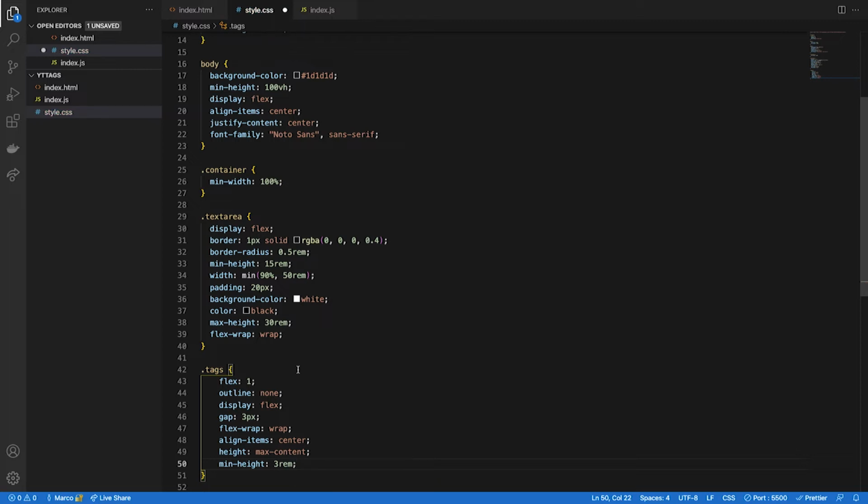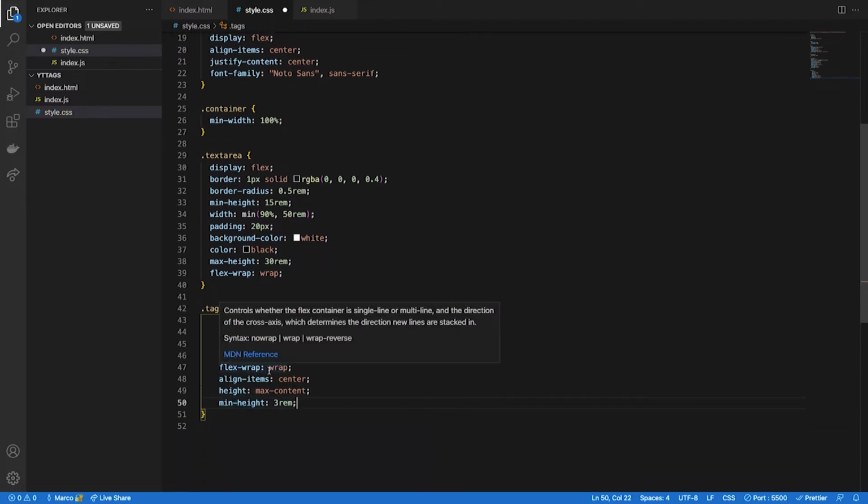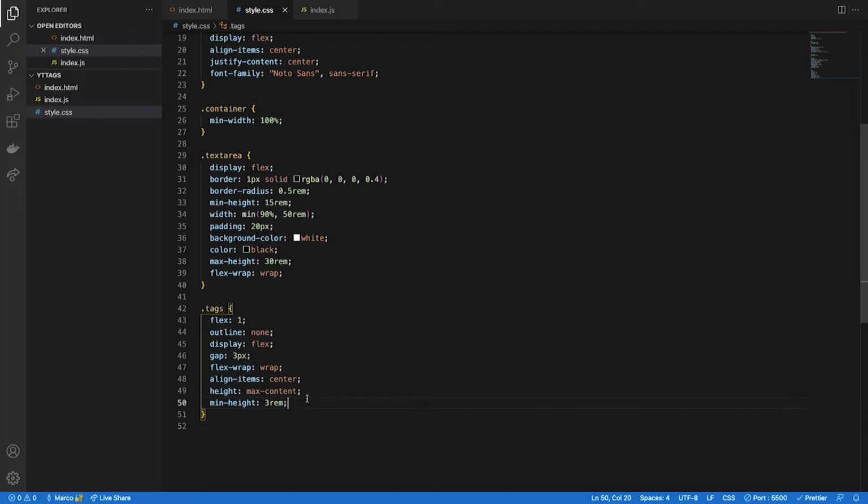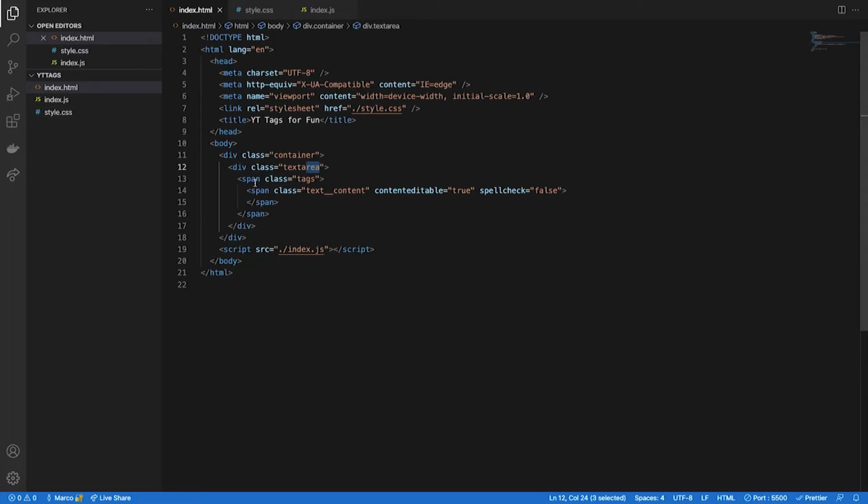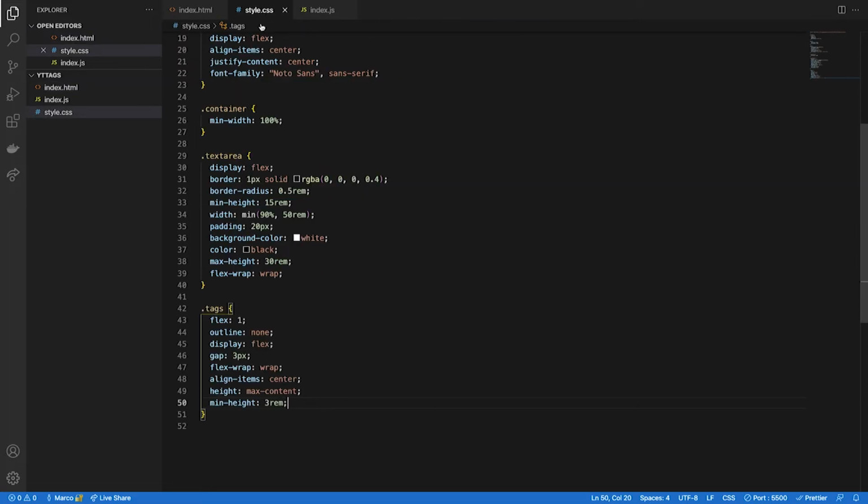And this is quite important because if I don't, at first there is nothing inside. So this div would have a height of 0 and I cannot select it. And that's not really what I want, because I want to be able to get to this pen over here, which is a content editable of true. And if I cannot see it, the height is 0, I will not be able to select it. So this is what I was talking about, the weird combination of CSS. You need to have a min height of 3 rem or even 4 or 5 rem, whatever you want. And now it comes the